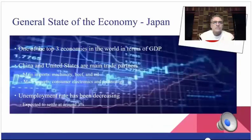Japan is ranked in the top 3 economies in the world. Japan's main trade partners are China and the United States. Their main imports include beef and oil, and main exports are electronics and technology. Japan's unemployment rate has been decreasing and is expected to